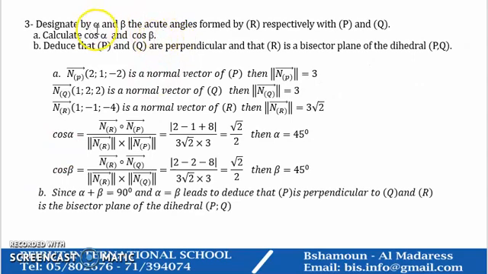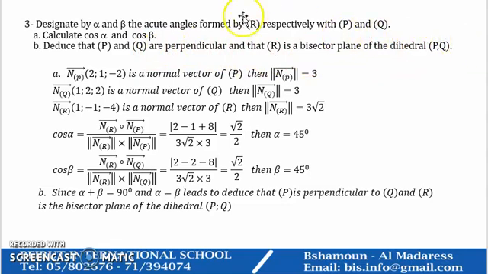Now they ask us to determine the angle between the plane R and P and the plane R and Q. They ask us to determine cosine alpha and cosine beta. Then we can deduce the value of alpha and beta. Then they also ask us to prove that P and Q are perpendicular and that R is the bisector plane of